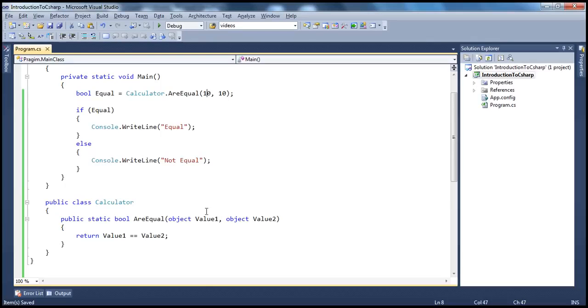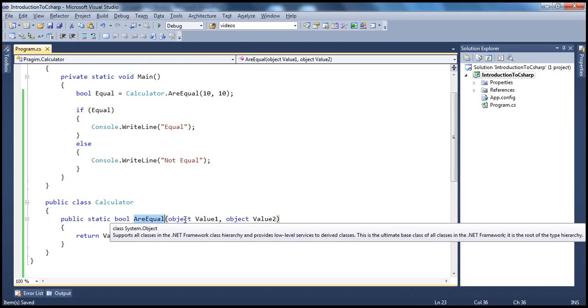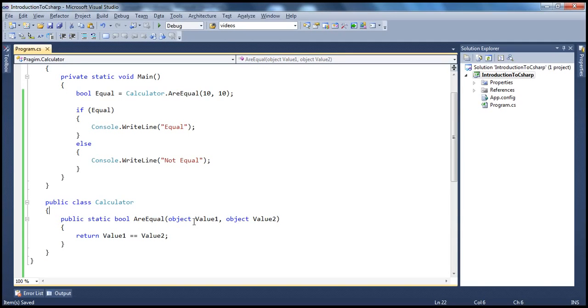Okay, so because of this unnecessary boxing and unboxing, the performance is going to be degraded. That's one problem. Another problem with this method, look at this. Now, if somebody is calling this method, the reason why they call this method is to determine if two values of the same type are equal or different. For example, I want to compare if two integers are equal, or if two strings are equal, or if two characters are equal. But since now you made this type as object,